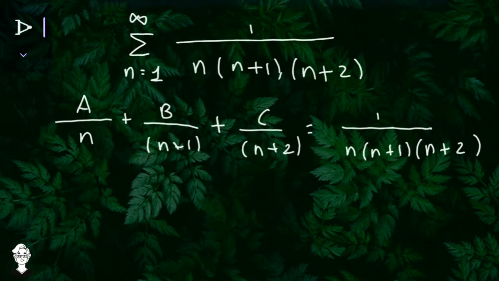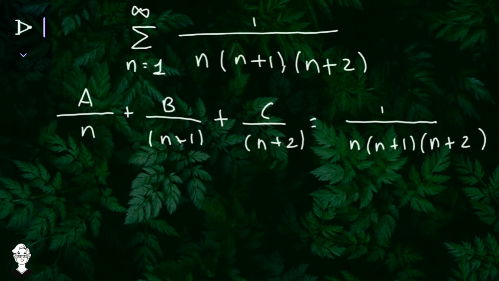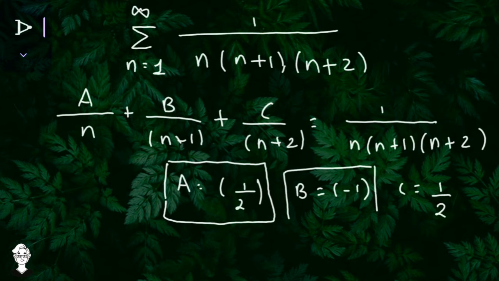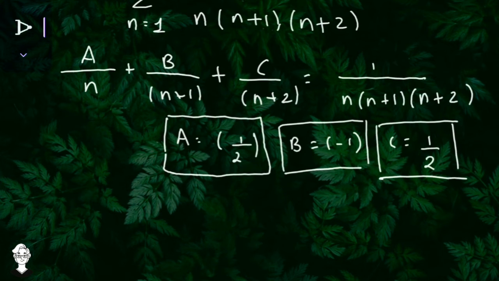So when you apply the partial fractions method from here, it's very simple. We obtain the value of a is positive 1 by 2. We get that b is equal to negative 1 and c is again equal to positive 1 by 2. So these are the three values of a, b and c. This was very normal partial fractions to be solved, so it has been solved. So a, b and c were found this way. Let me show you one example how they are found.